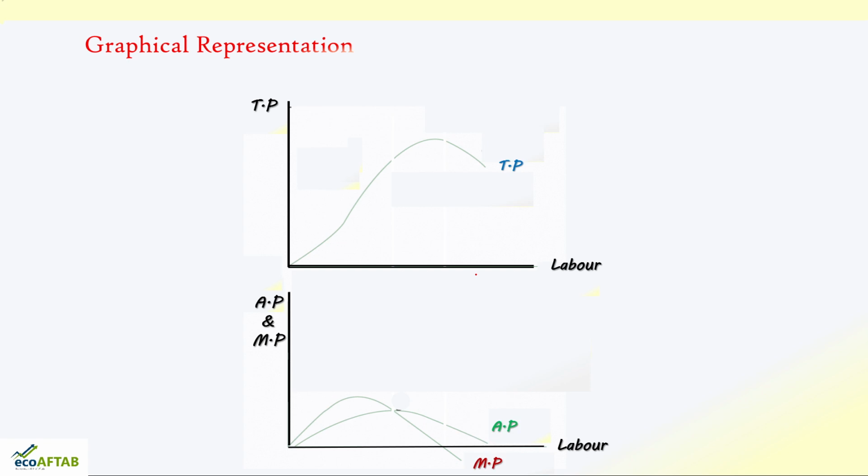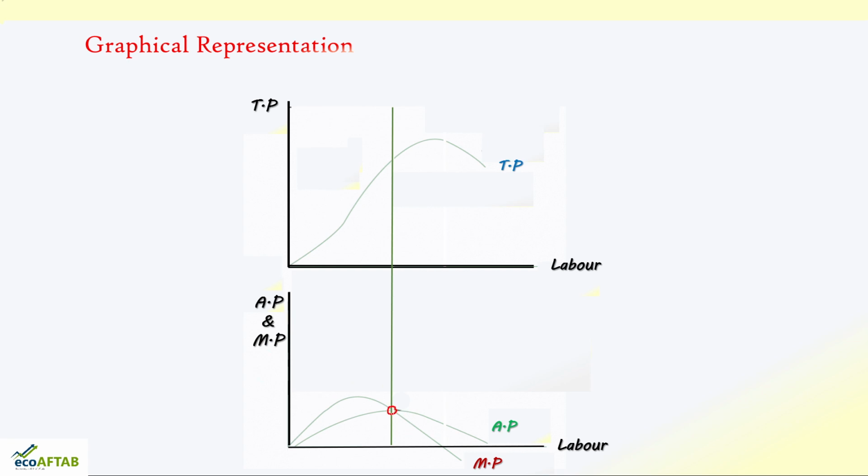So, if you see the graph, the previous table, the green shade was telling us that the average productivity is also increasing and the marginal productivity is also increasing. So, this is happening up to a particular point, and which is that point? It is happening till you can see where the average productivity and marginal productivity are equal to each other. So, this is the point where the average productivity and the marginal productivity are equal to each other.